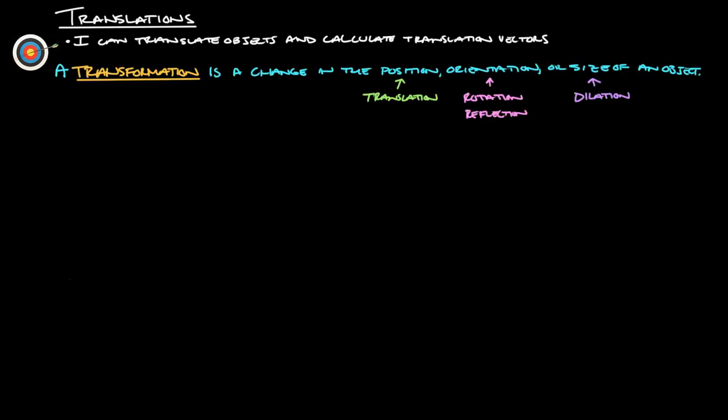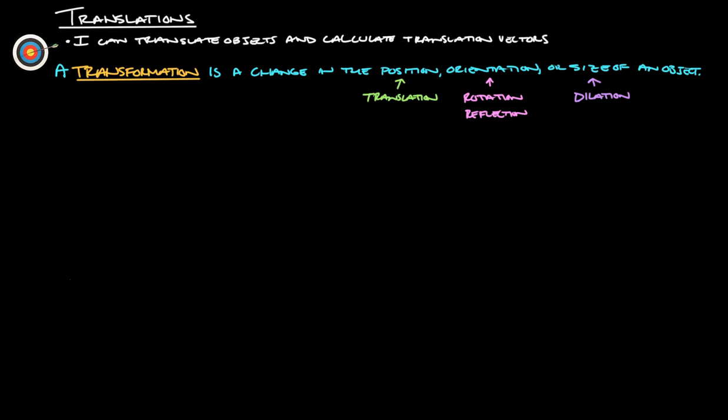Okay, so first thing, a transformation is a change in the position, orientation, or size of an object. Changing the position is a translation. That's like sliding something, pushing it one way or the other. The change in orientation is often caused by a rotation, so you take something and rotate it around, or reflect it over some sort of axis. And then the change in size is usually caused by a dilation, and that's a stretch or a shrink of